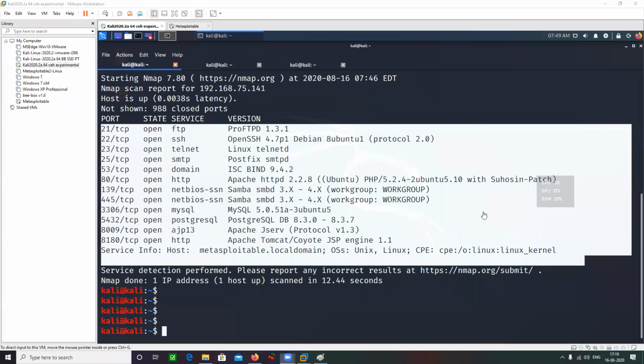Can we try to connect through HTTP? How can we try to connect through HTTP? The question is how.